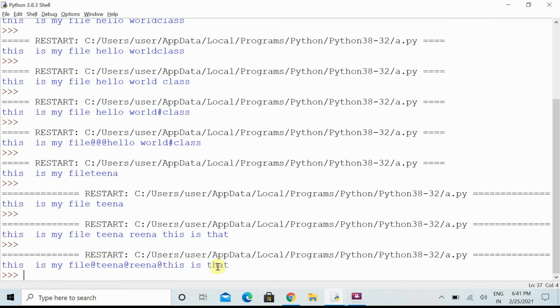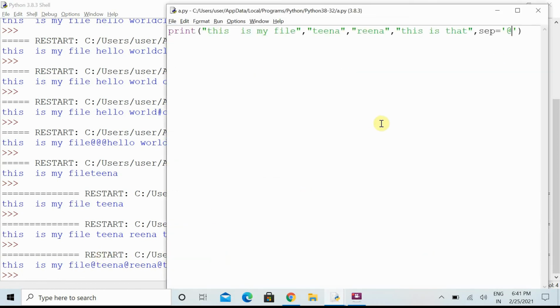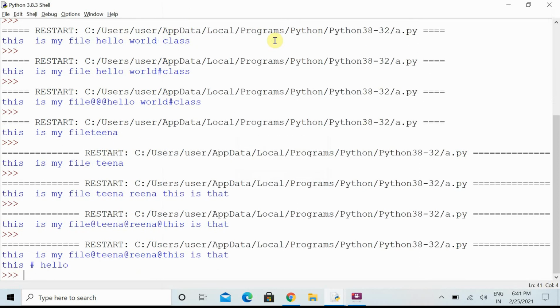Here you can see. Normally the concept of separator and end is that end is used to take along the next line content with the same line, and separator is used to show multiple words in the same line with a particular symbol. Here I can show you both the things.